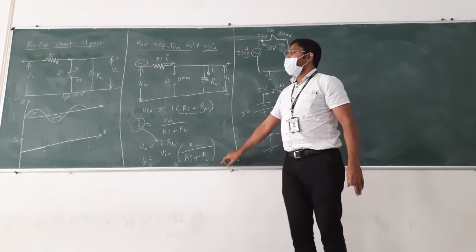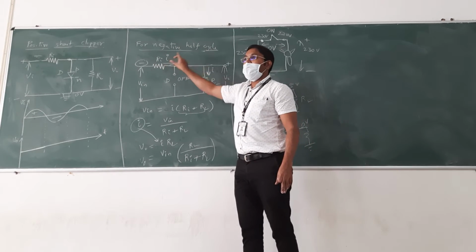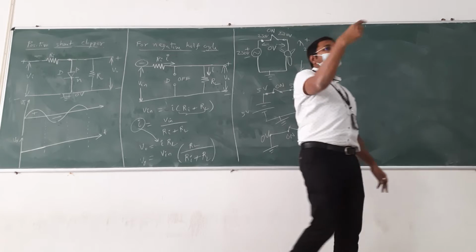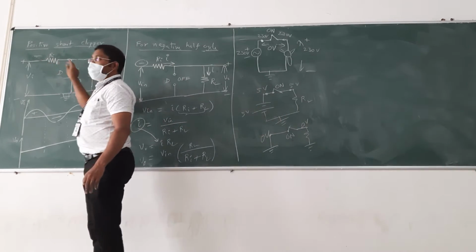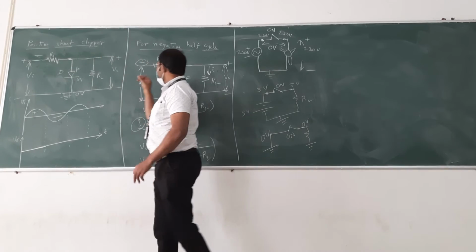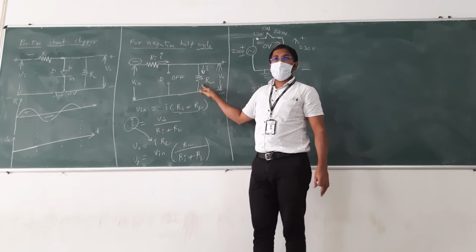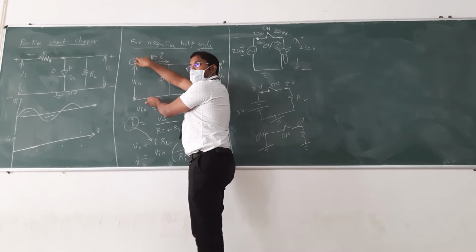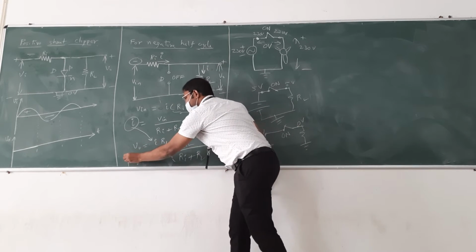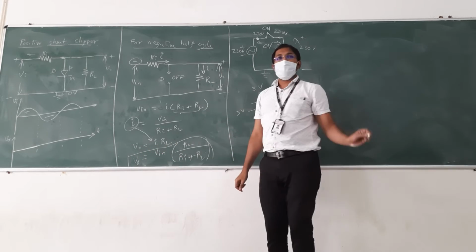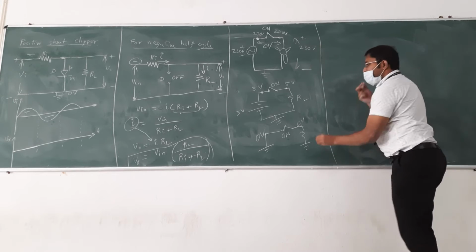Right? So what happens during the negative half cycle? The voltage is divided between R_i and R_L because the diode is off. Right? Why is the diode off? Negative at the P side, so the diode is off. Diode off means this is the situation. So two resistors are in series and the voltage is applied. So we use the voltage division rule. The voltage division rule is nothing but this formula. Okay? Clear? Right. Let me continue here.